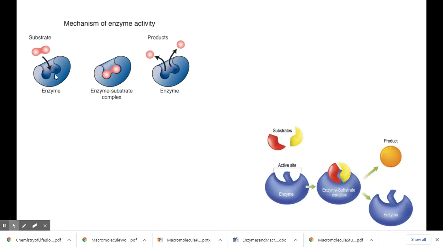We call the substrate the actual thing that's being worked on. Remember, the enzyme is very specific for each substrate, and the enzyme is not changed as a result of this. And remember also that the place where the enzyme and substrate come together is called the